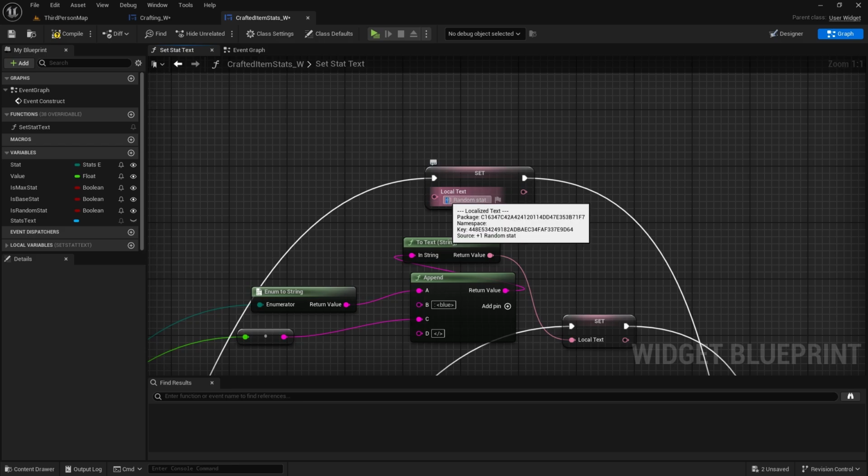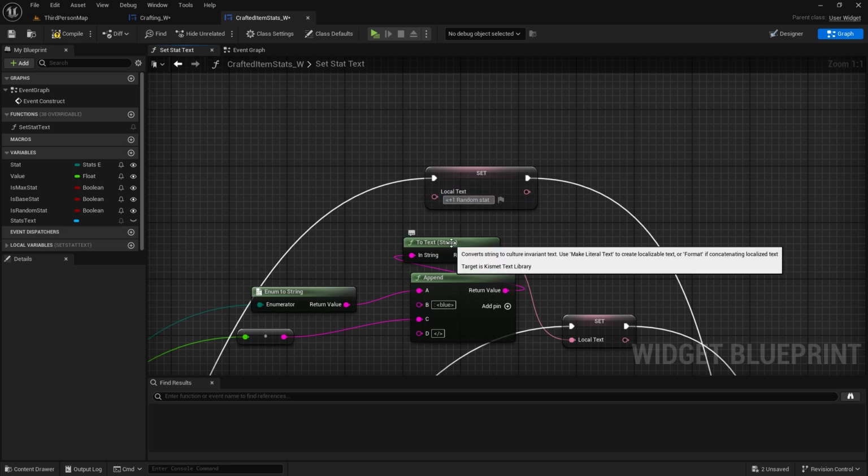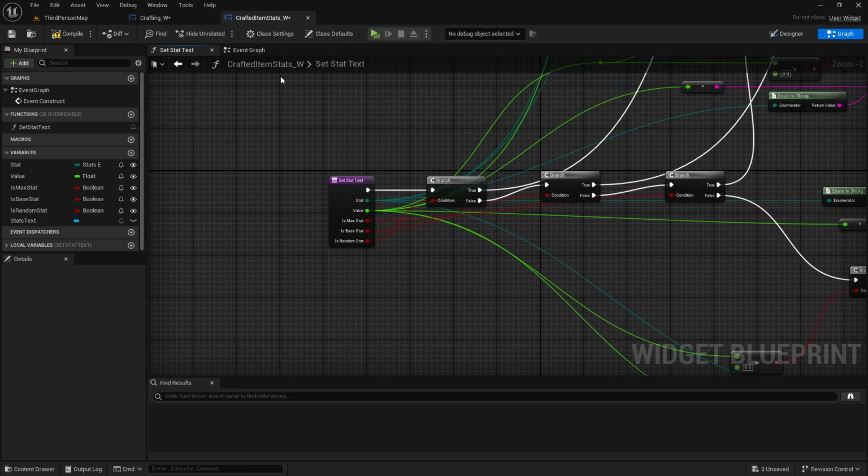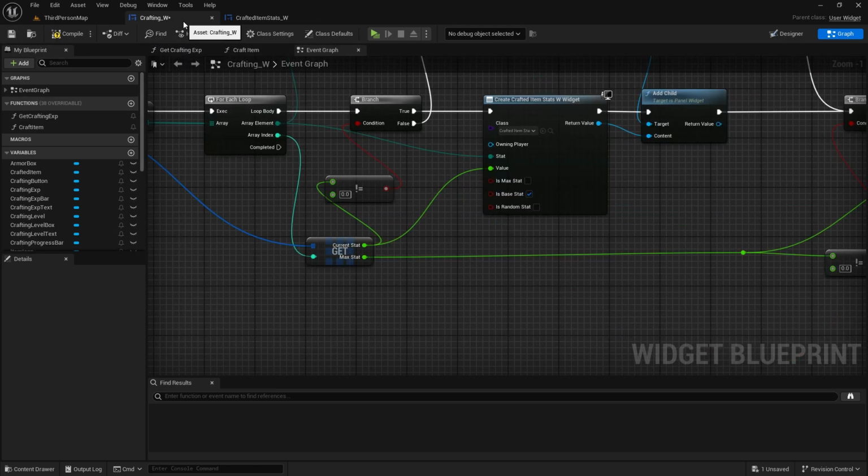And just to make it nicer, I'm also going to make it green. So in the brackets you need to put green, which is the row name in our data table for each text. And then we close it in the end. Compile and save. And now on the crafting,